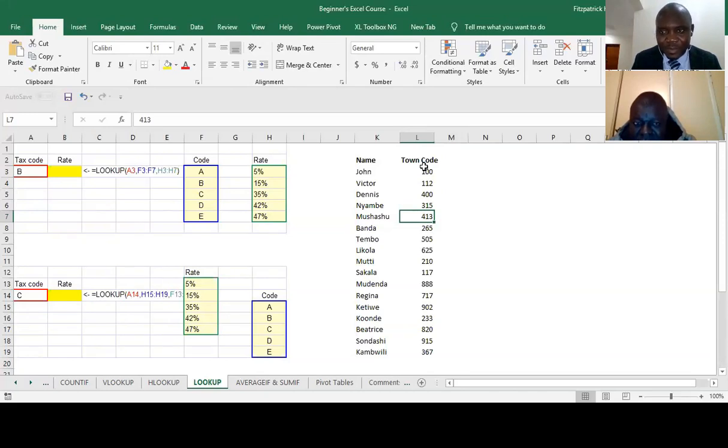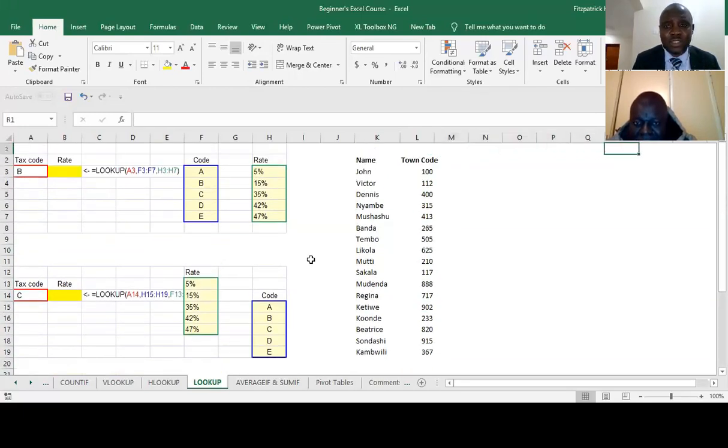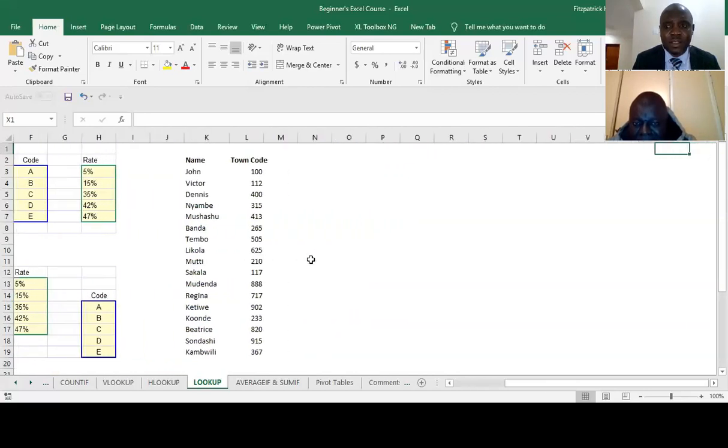So we are using the town codes, and what we first have to do is to create a mapping to understand the codes, these town codes, so that we understand where these towns are positioned, in which province we can find these towns. So we need to come up with a mapping